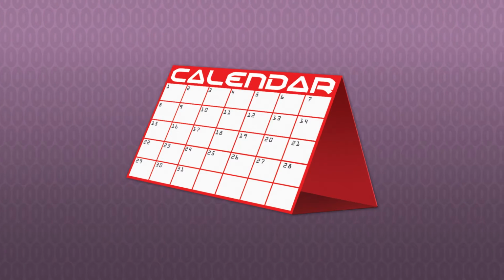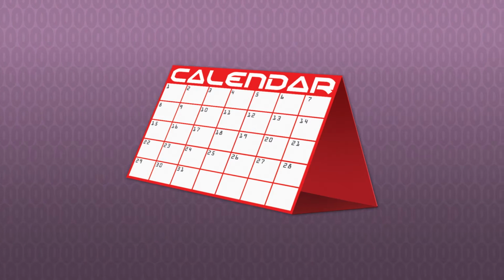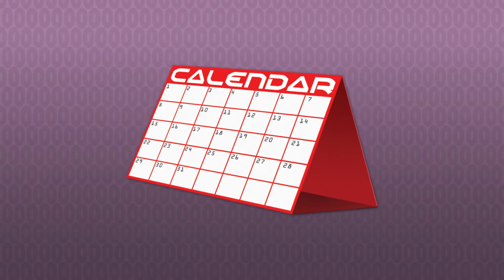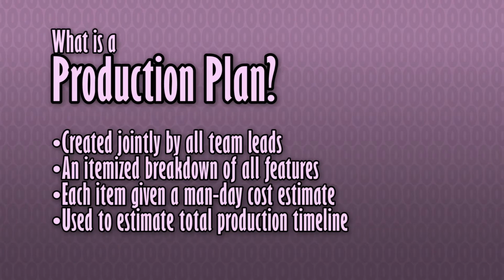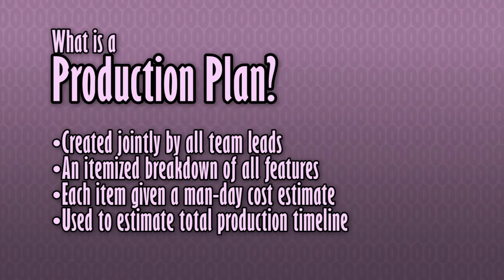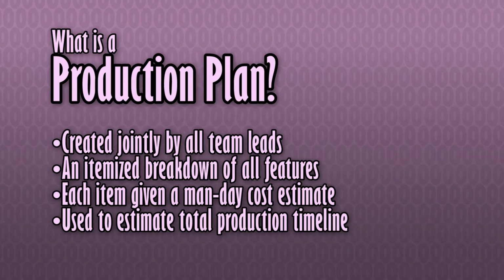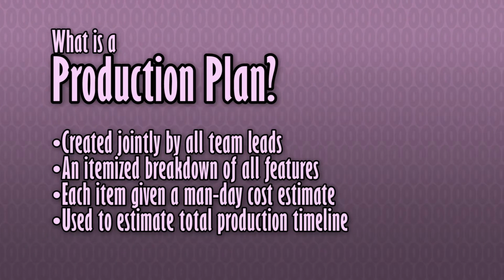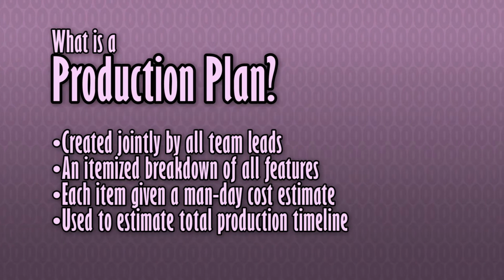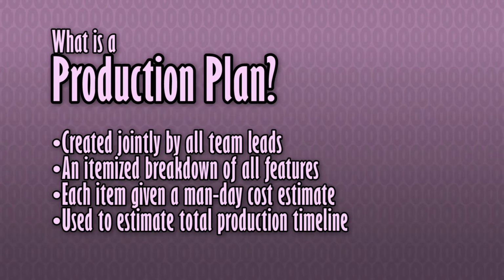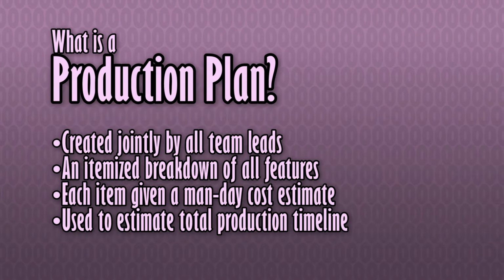When you think of a schedule, typically, you probably think of a simple calendar that includes times and dates. If you've worked with collaborative projects before, you may also have dealt with task assignment and perhaps even interdependencies. The production plan is, though generally owned by the producer, a document that's created collaboratively among the team, as it affects each member of the team directly. It serves as a comprehensive task list of everything that needs to be implemented in the game and all of the components thereof, which is then given a man-month requirement individually to help define a, most likely rough, timeline for